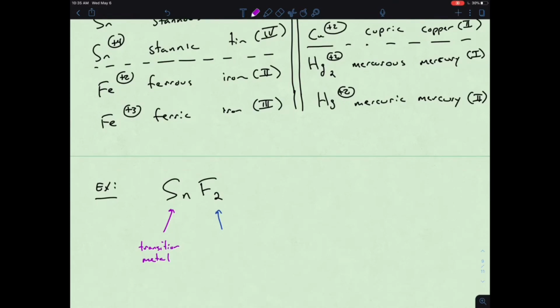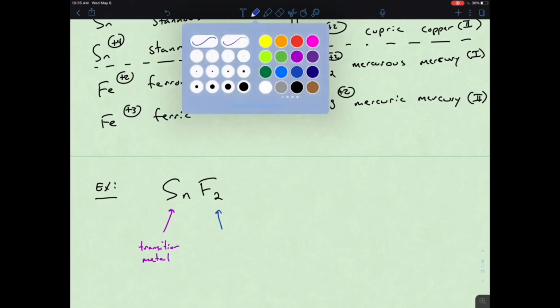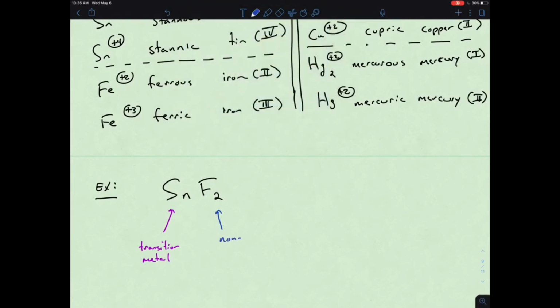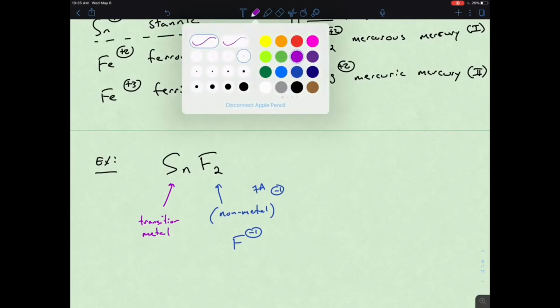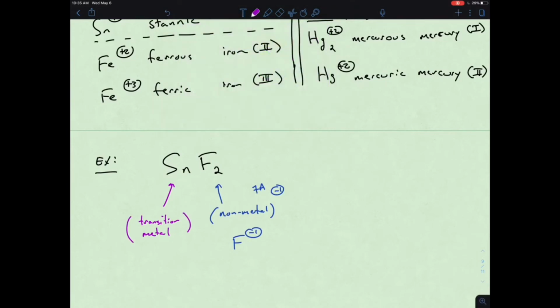So the first thing to do would be look at the nonmetal. Right, I know my nonmetal is 7A, and it's going to have a -1 charge. And so from the transition metal side of things, that means the tin must be a +2